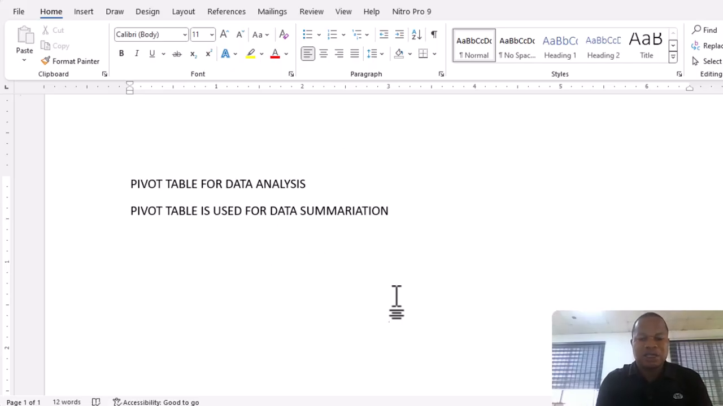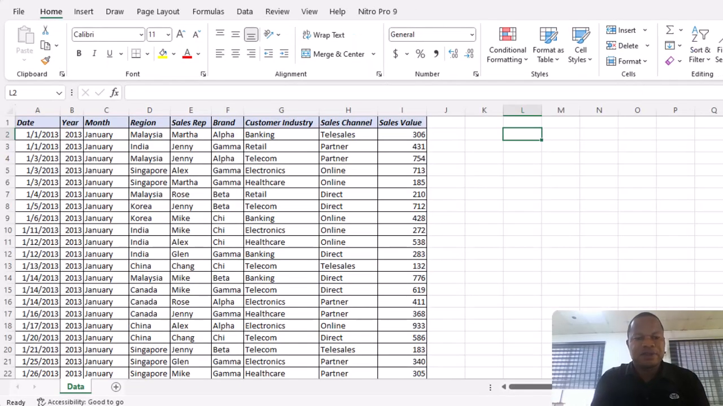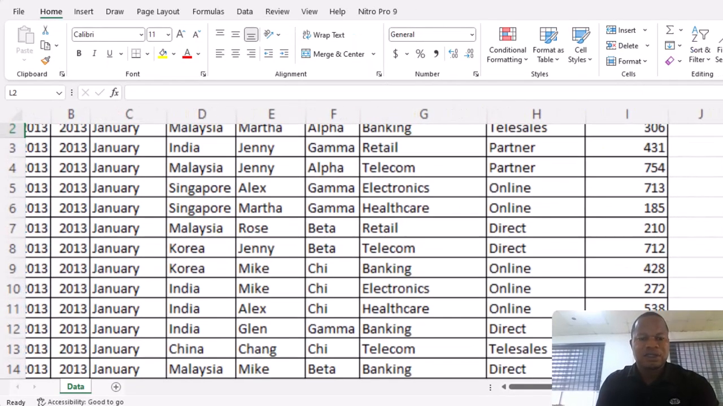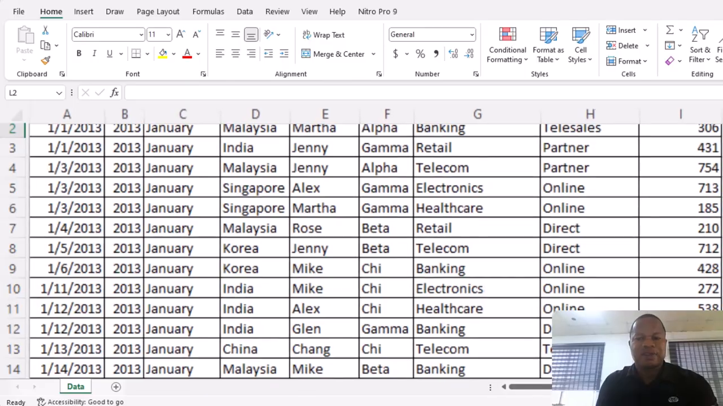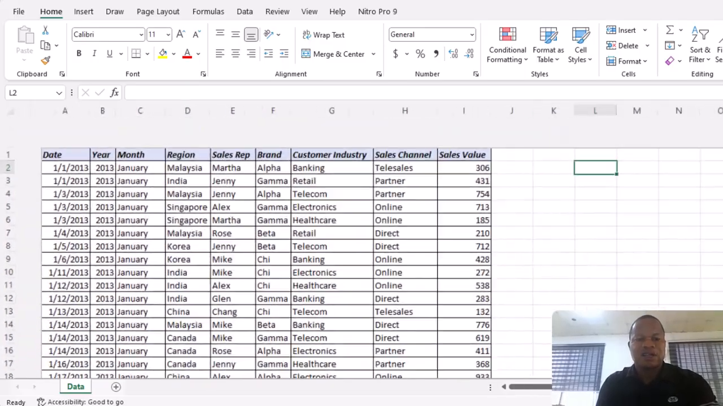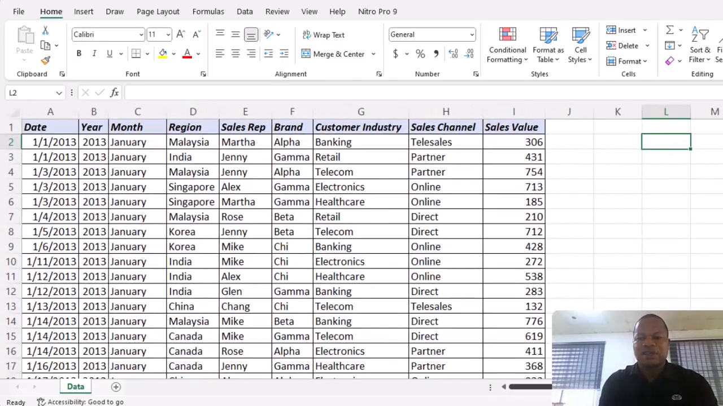Now, how do you do that? Let's go to our Excel. This is our data. Now, this data you can use pivot table to analyze it. We have date, year, month, region, sales, sales value. Now, if you want to summarize using the pivot table, the first thing you should do is